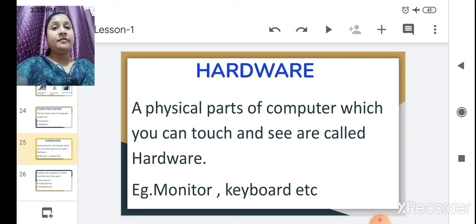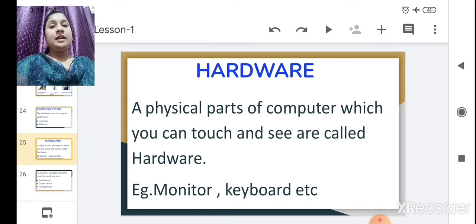The parts of a computer that we can touch and see with our eyes are called hardware. Like in the human body, there are internal parts and outer or external parts.